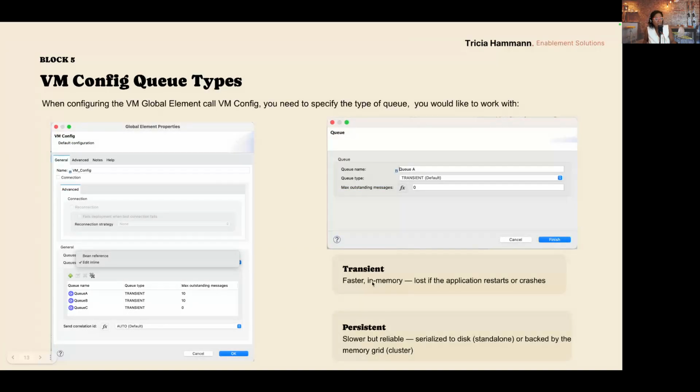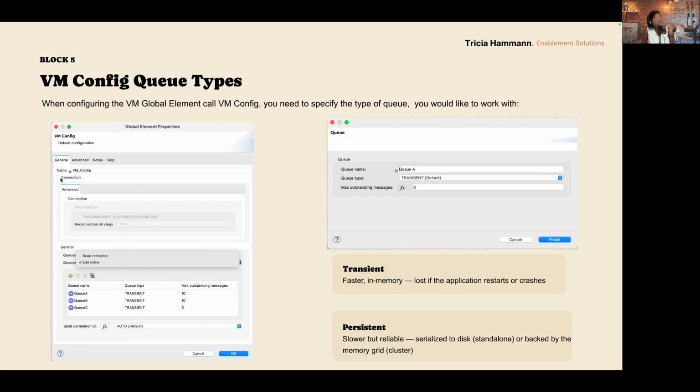Now, I mentioned it already, and when we are working with VMs, we also need to understand what the responsibility of a queue is. A queue can be configured when we configure a VM global element. What you are seeing under the global element properties window is the configuration window of a VM config.